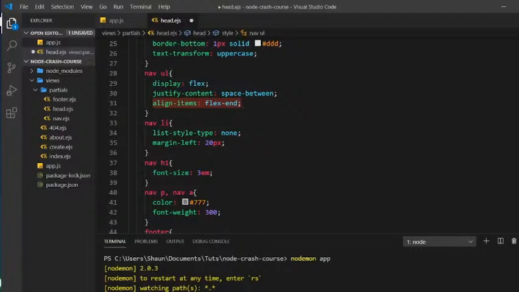Incidentally, if you want to learn about Flexbox and what all this means, this is not the tutorial series to do that. I've got a whole series on Flexbox, so I'll leave the link to that down below so you can see it. Anyway, carrying on,